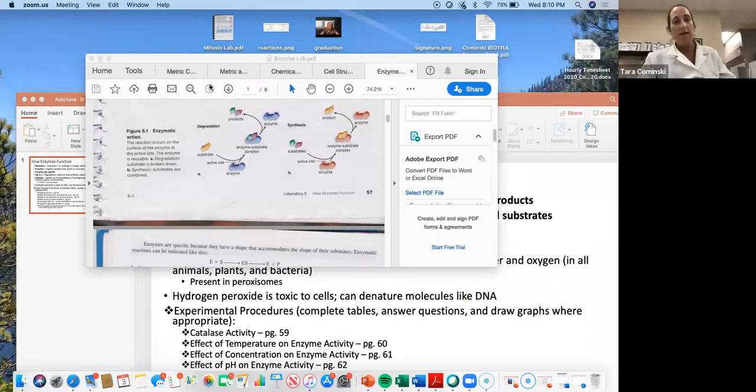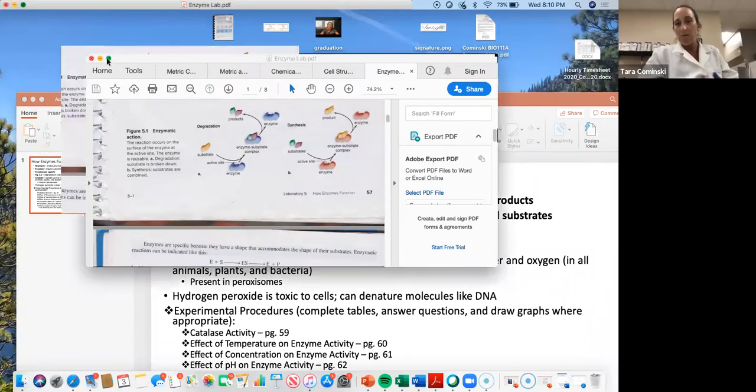Okay, so that Enzyme Lab is going to be similar. Oh, it would be good if I shared my screen. So one second, let me share my screen, and then I'll pull that back off to show you the actual demo of the lab. All right, so for the Enzyme Lab, it's from the lab manual again, so there will